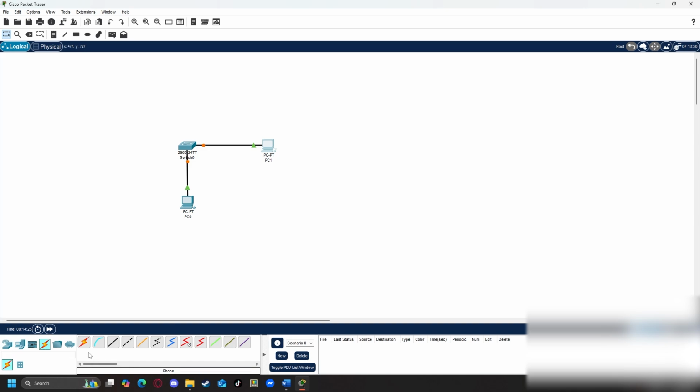And you will notice I used the automatically choose connection type. It's best to know what you're choosing, because sometimes you will not choose the correct one, even though you want to. But basically all I chose was a copper straight through cable. It's basically just a very basic Ethernet cable. You've got your fiber, coaxial, serial DCE, serial DTE, octal, IoT custom cable, and a USB. Oh, and a console cable. I always forget about that one. You won't need all of it, but it's worth knowing what you've got.